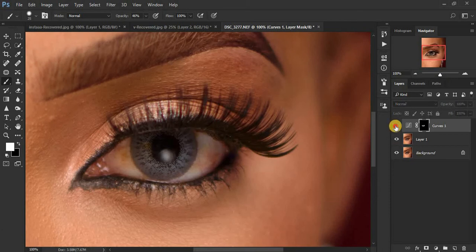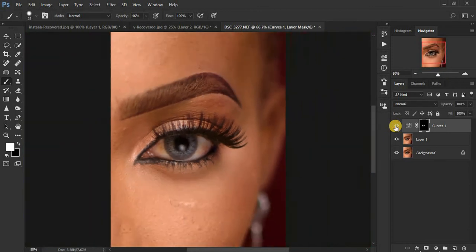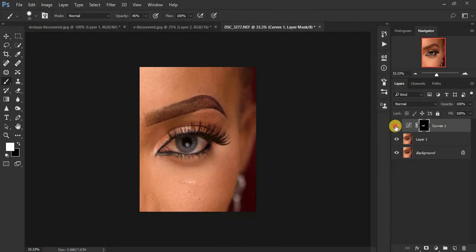So that's the image before and after. You can see we have made the eye really brighter. But if you feel the effect is still too much for your liking, you can come to the opacity and knock it down to get a more natural feel of the eye. So you're going to delete that,